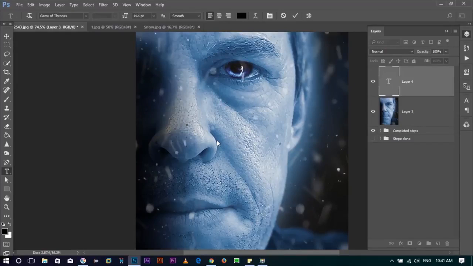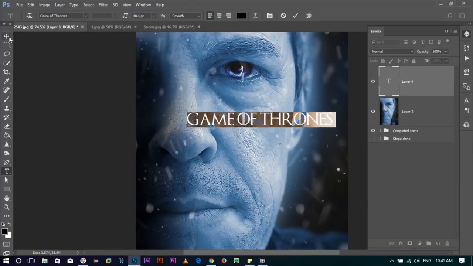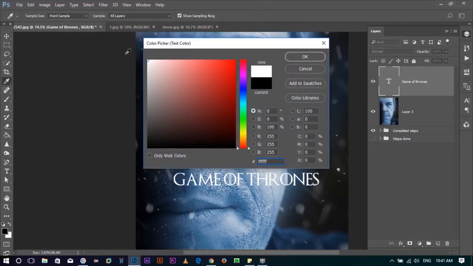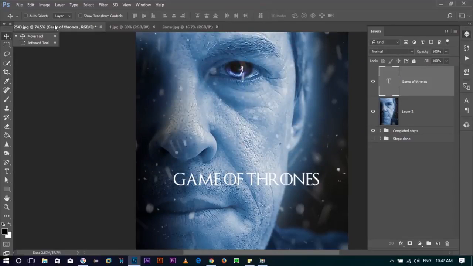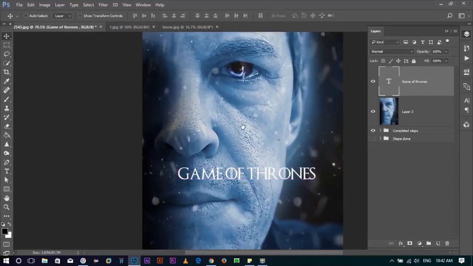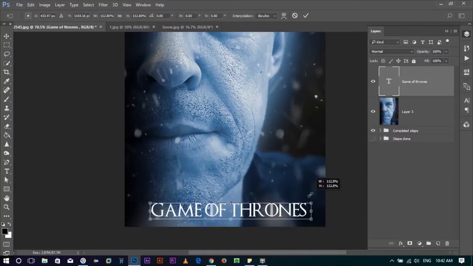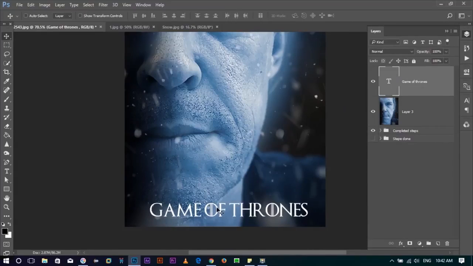Game of Thrones. I'll write Game of Thrones. Control A, and then resize this. Okay, and make its color white. Press enter. Okay, and then it is done. Place it at the bottom of your image or anywhere else, any place you like. So I'll place it here,